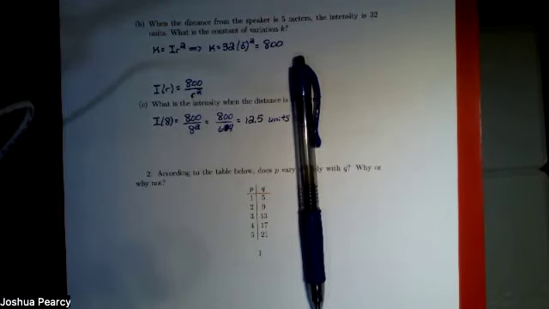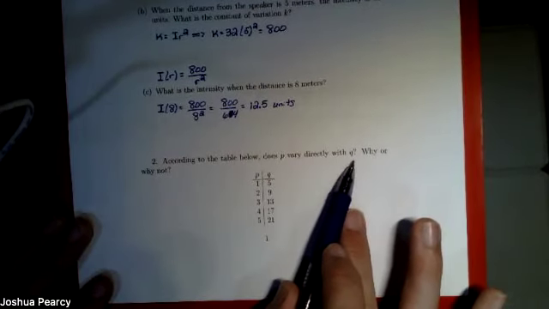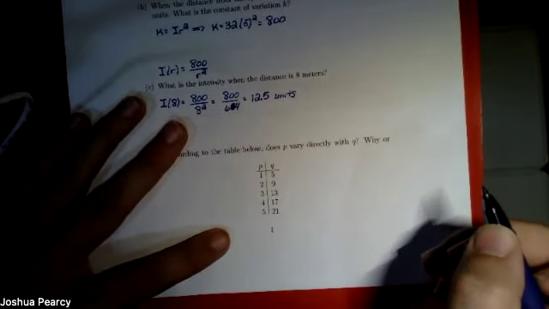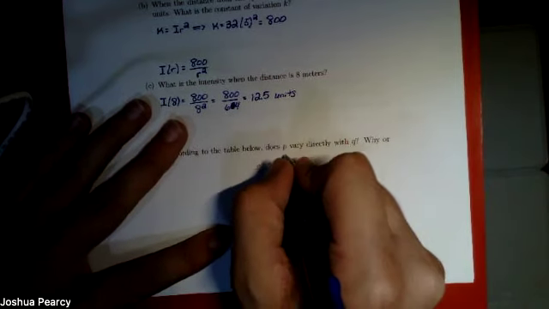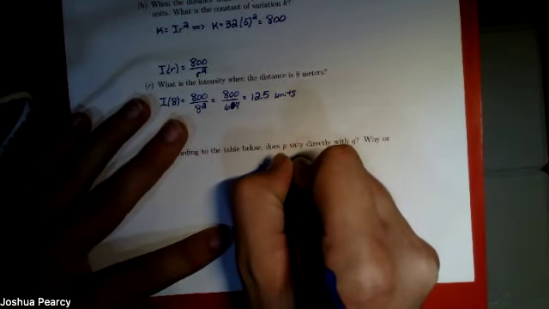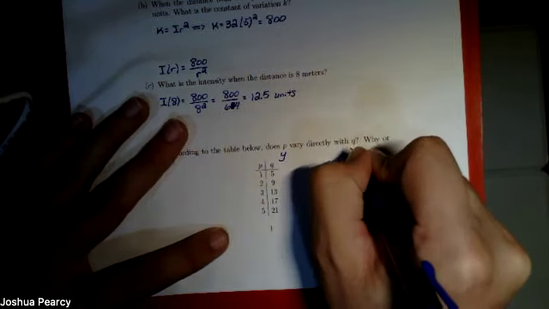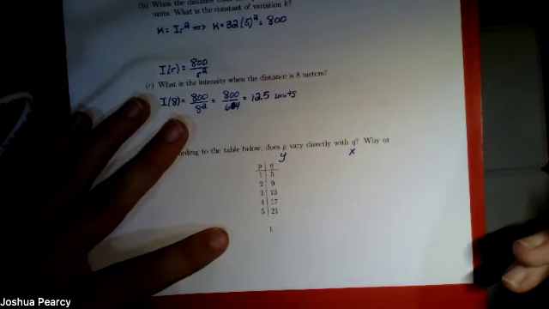So this second one here, it says, according to the table below, does P vary directly with Q? Why or why not? So we had a little bit of discussion in class of how this one was a little bit different than what we were used to seeing. So we can think of this as we have P is equal to y and then Q is equal to x. So if we go back to the definition of directly varying,